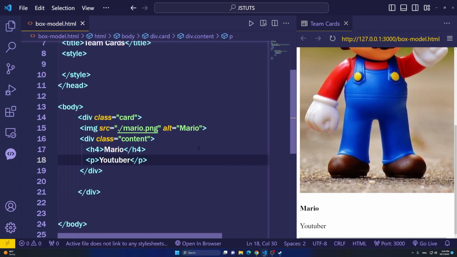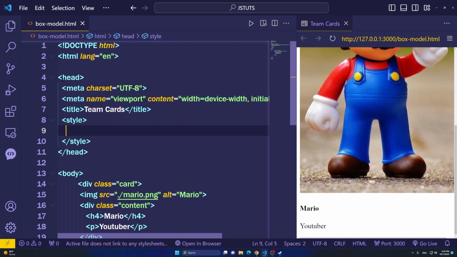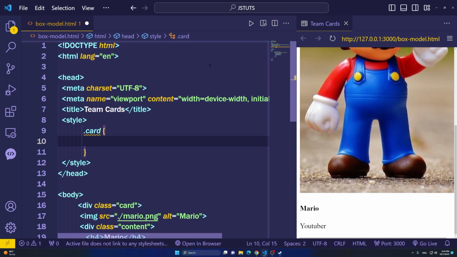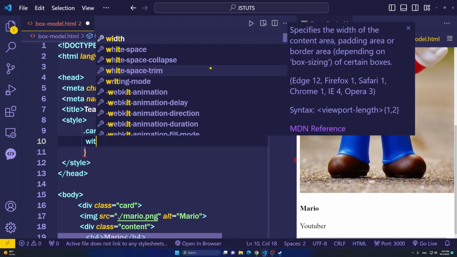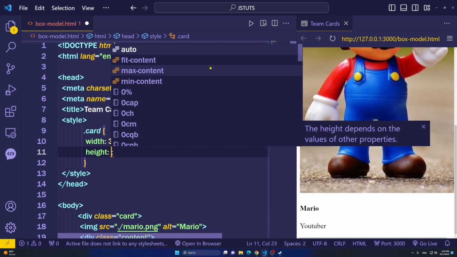So what I'm going to do now is style this. We are going to the head tag, and inside the head tag I'm using the style tag. Right here inside of the style tag we are going to add some CSS. So I'm going to say .card, and I'm going to say width 300 pixels, height